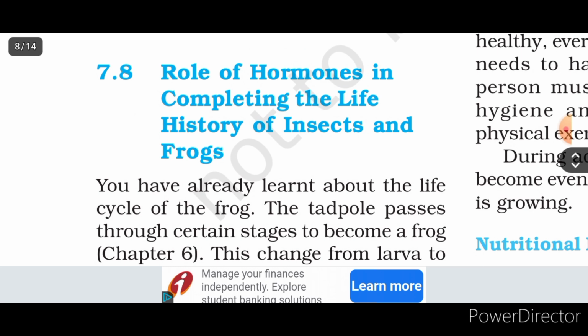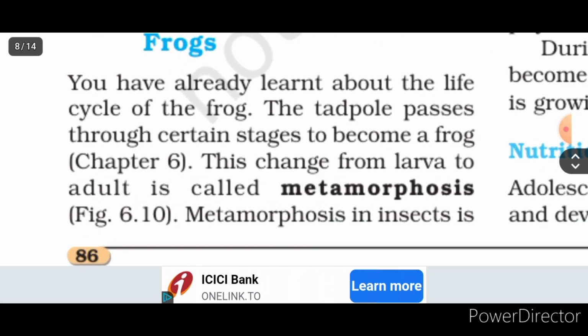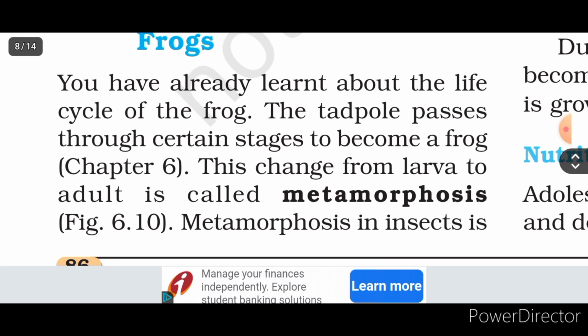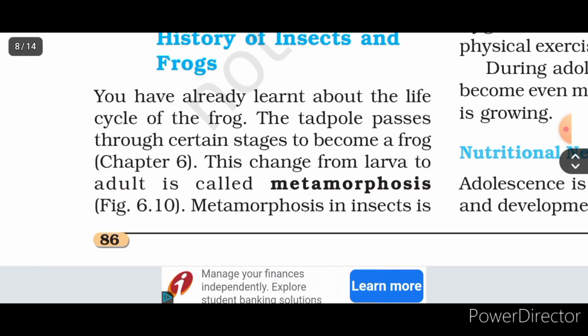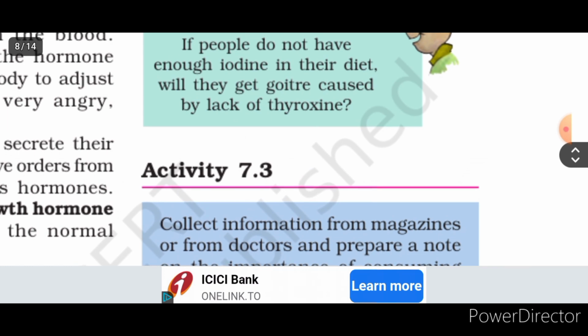Role of hormones in completing the life history of insects and frogs. The tadpole passes through certain stages to become a frog. This change from larva to adult is called metamorphosis. Metamorphosis in insects is